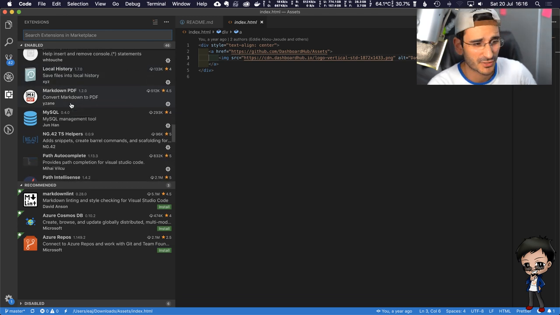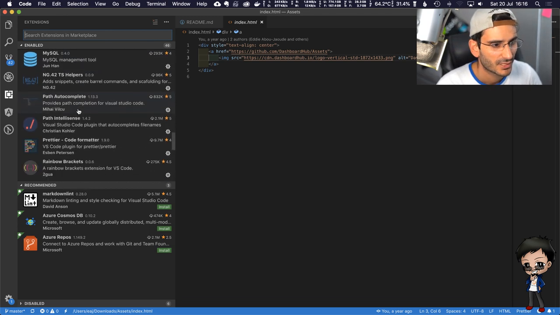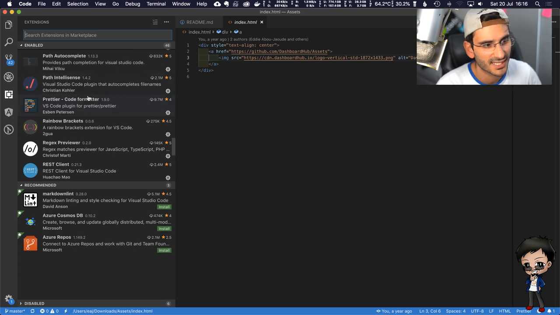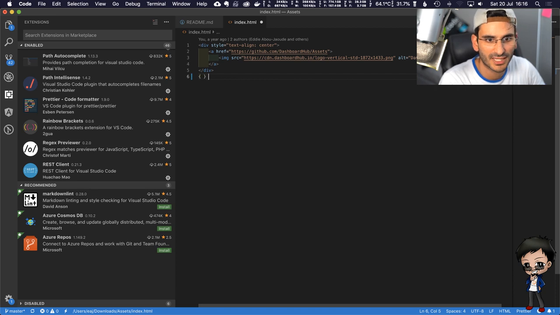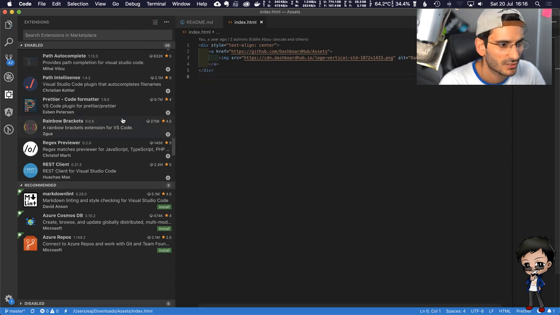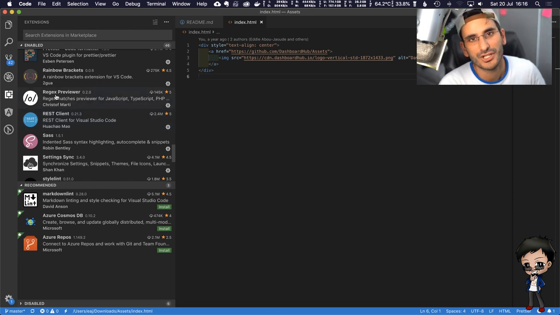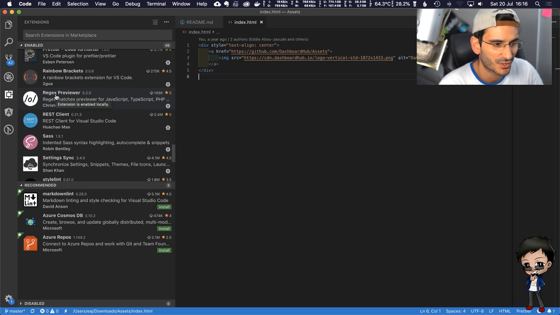Hopefully it's interesting for people. If it's not, do say. What else do we have? Path IntelliSense, like autocomplete. Rainbow Brackets, you can't see it in here, but when you're writing brackets and then nested, it colors them slightly differently. I don't know if you can see that, but you can see a slightly different color. So that's quite useful. Regex Previewer, when you do regexes in your code, it will do a preview of the result within the page. It's quite useful.